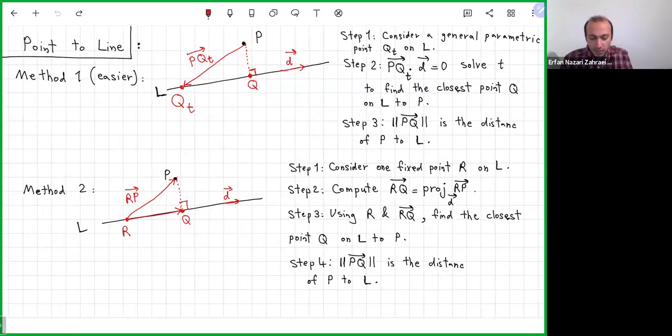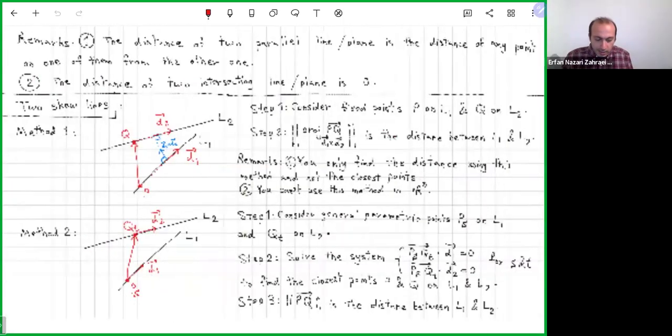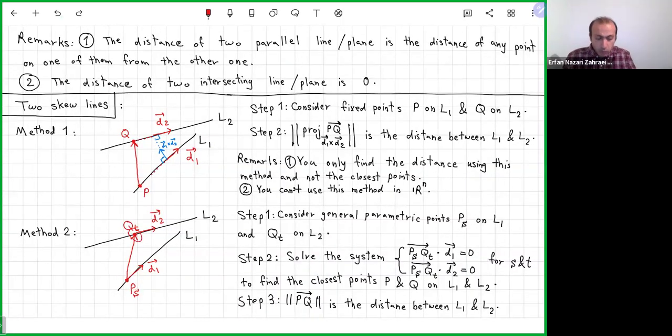Again, ask the same idea as with a line and a point. What is the situation in which this is the closest point? It is the situation where the vector is perpendicular to the line. So again, these two points are the closest points to each other if this vector P(s)Q(t) is perpendicular not only to L1 but to both lines, L1 and L2. Write down this equation. P(s)Q(t) is perpendicular to line 1. In other words, the dot product with D1 is 0.